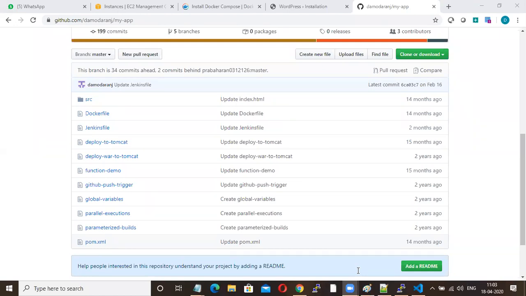If you want to maintain multiple containers, deploy your containers, or auto heal your containers, then you can go for Kubernetes. People will go for Kubernetes rather than Docker Swarm because there are lots of facilities available in Kubernetes.